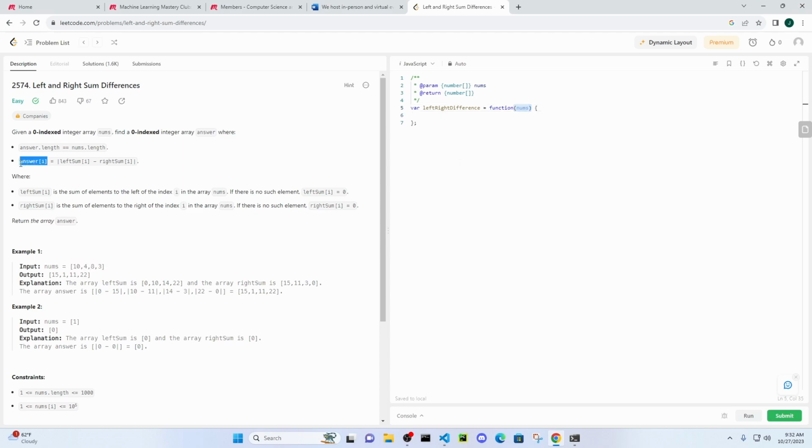And for each answer[i], so for each element of the answer array that we are creating, we're going to take the left sum and the right sum of the current element. We're going to subtract the right sum from the left sum, and we're going to find the absolute value of each one of those. And so this is where leftSum[i] is the sum of the elements to the left of i